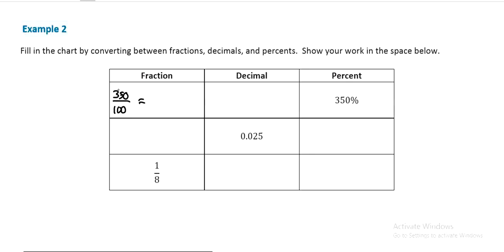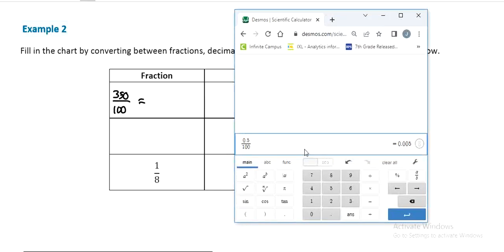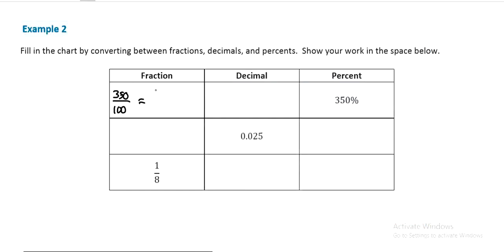Then I can go to my calculator, do my division. 350 divided by 100, and that will give me 3.5. I don't want 3.5 though, because we want it as a fraction, so it'll be 7 over 2. In your calculator, just use that ABC button, then convert it to an improper fraction. So 7 over 2